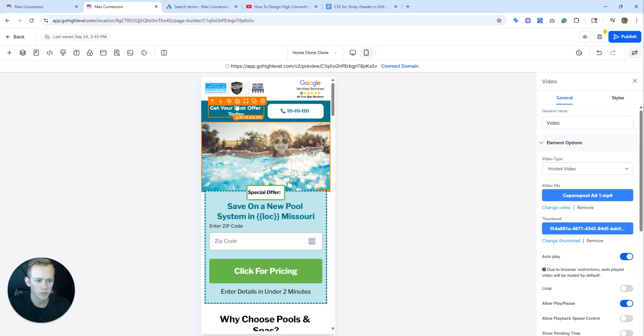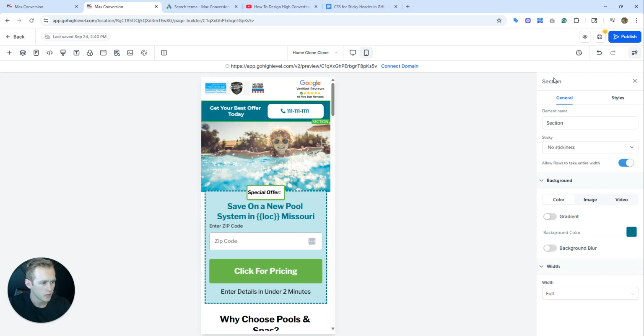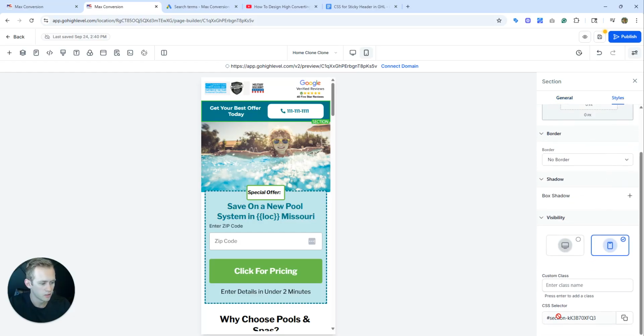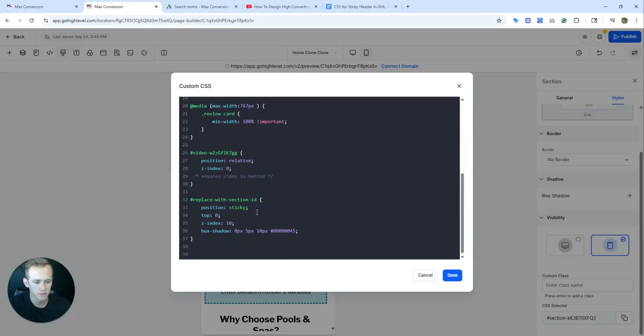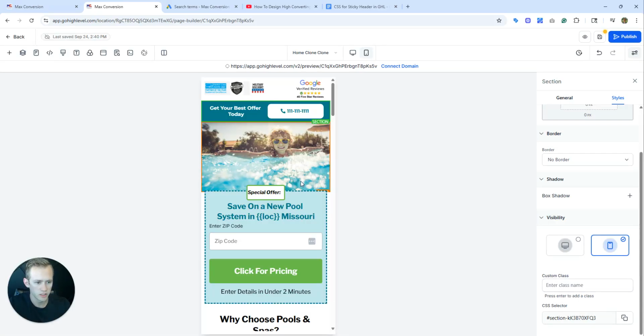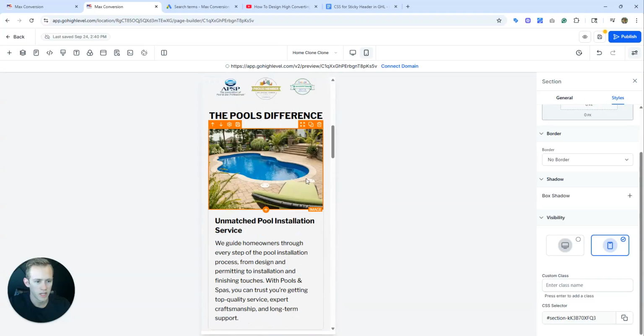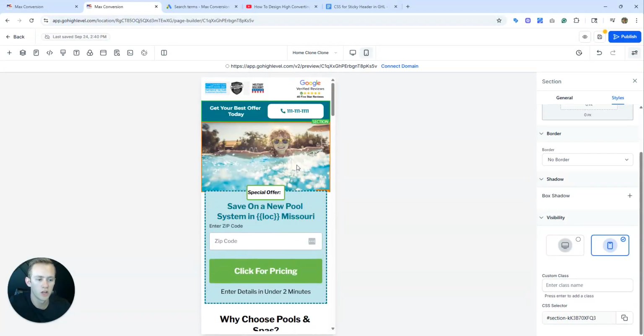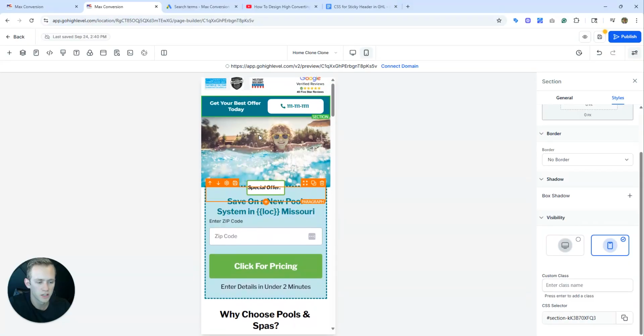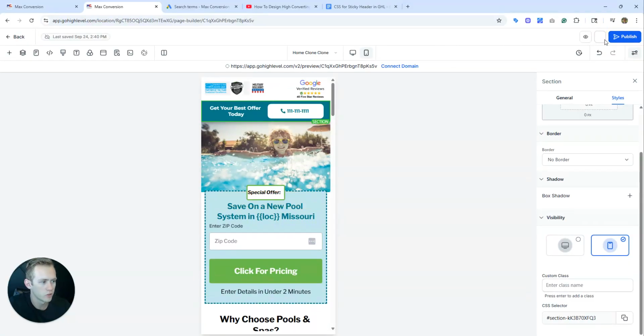Now, we need to be able to pull this section right here, and we're going to go to style, and then we've got the CSS selector here. We're going to copy that. We're going to jump back over to the custom CSS, and we're going to have this. So now what we can see here is it should be sticky. Now on the preview it's not going to work as well, but you can see here that it does stick to the header. So if we go ahead and save this,